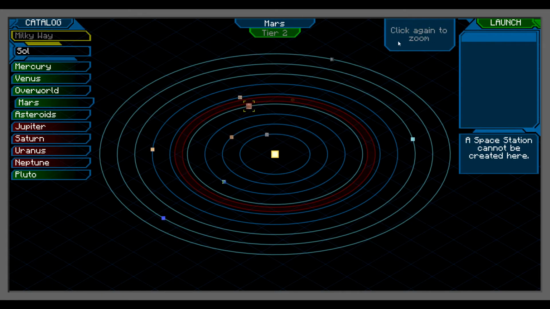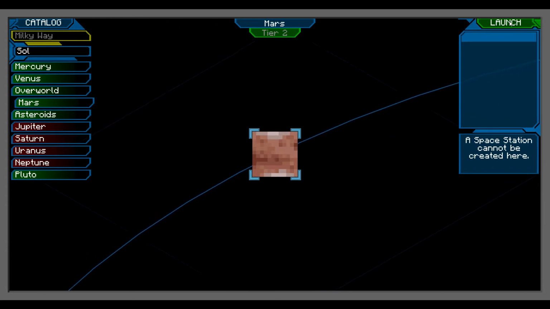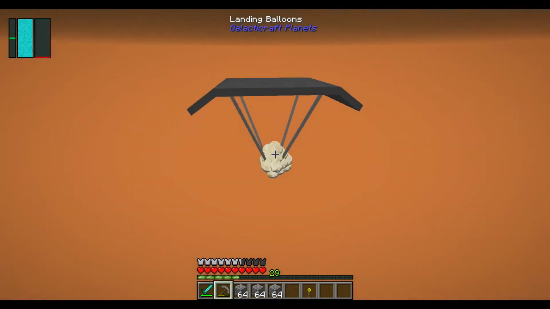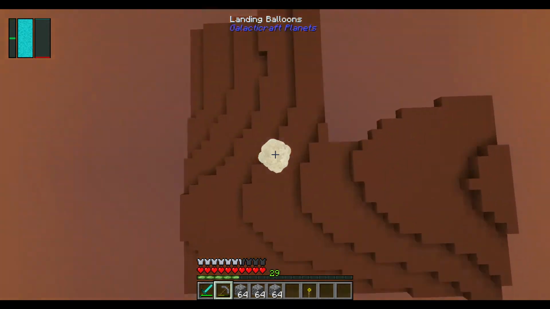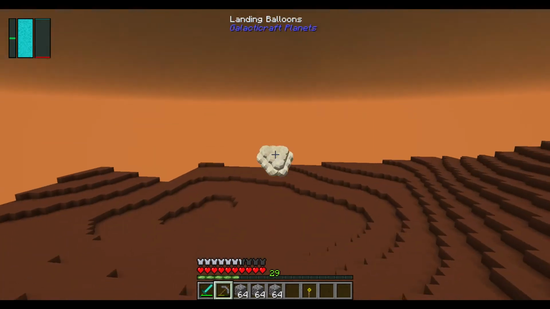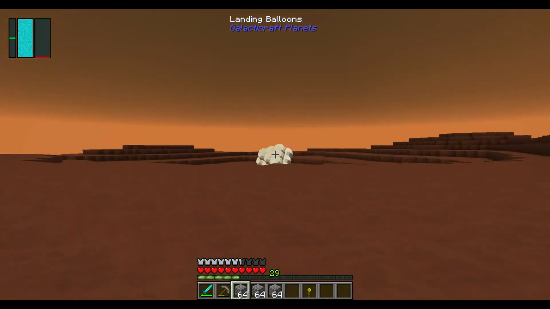Okay, so we're going to Mars. And there is no moon on Mars, obviously. And we cannot put a space station there. Okay, here we go. Launch. Oh, sweet. Thank God we brought a parachute. Okay, so we're now this ball thing that we just bounce. Doink! While the game loads as fast as it can. Doink, doink, doink. Oh, sweet. Did we land during the day? I thought I saw...